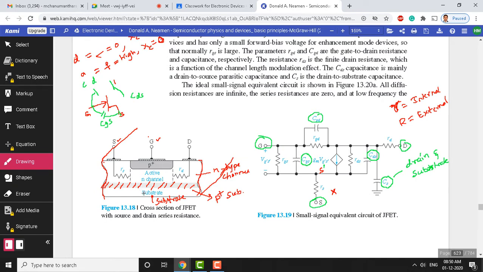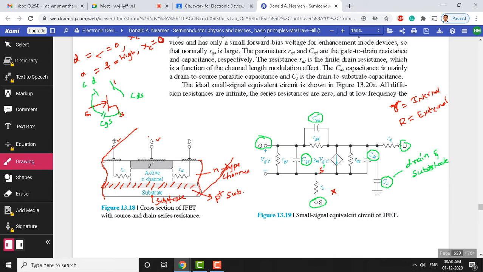And one thing you must notice here, what should be the type of substrate? This is also a semiconductor. It is not at all a different substance or impurity element here. But in our case, for n channel, we have chosen the P plus substrate, and vice versa is also true. For a P channel JFET, you need to choose n plus substrate here. The substrate will be opposite to that of the channel. So this is going to be an n channel JFET.